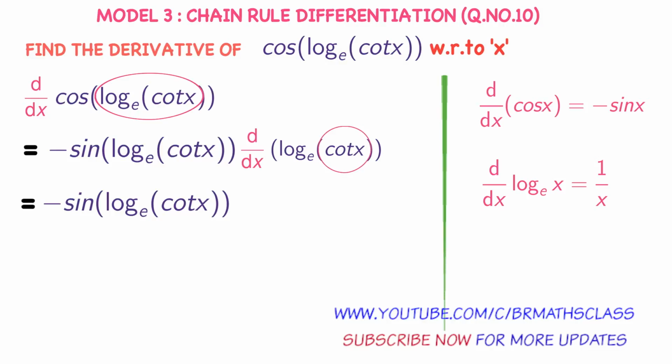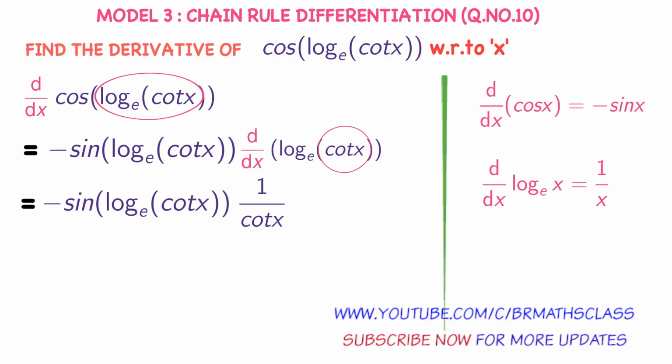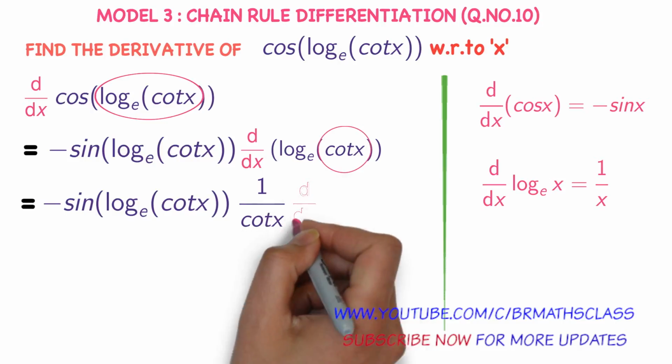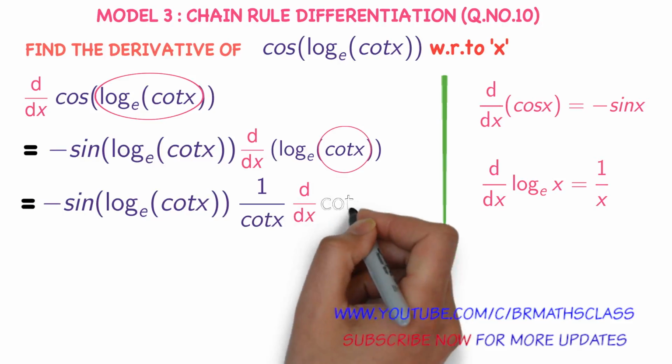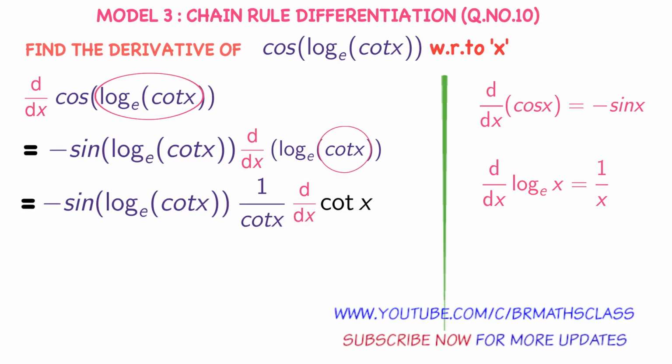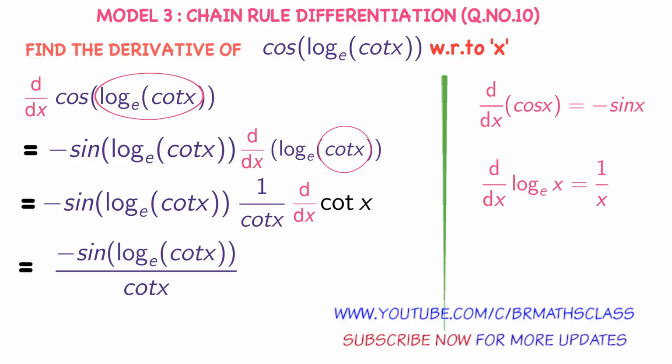Therefore, derivative of log of cot x base e is 1 by cot x into the derivative of the one you imagined as x, cot x, into derivative of cot x. So the derivative of log of cot x base e is 1 by cot x into derivative of cot x. That equals minus sin log of cot x base e whole divided by cot x into derivative of cot